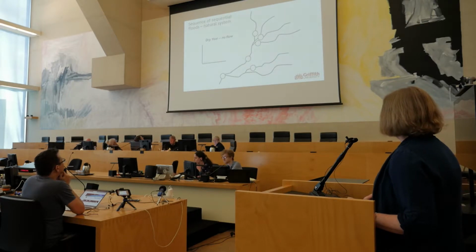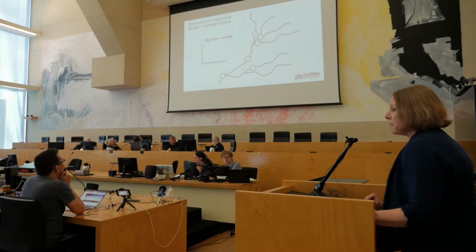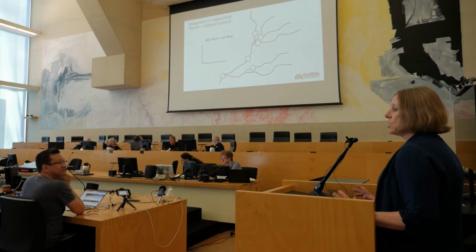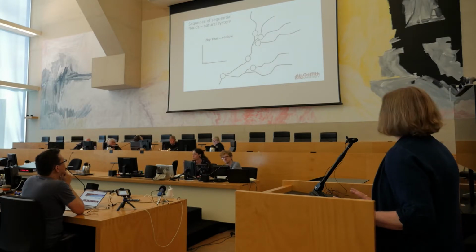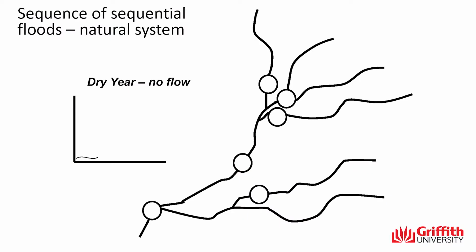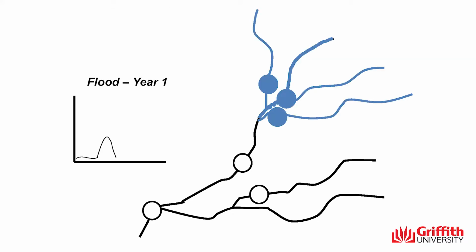And that's really important. So what I'm going to show you now is my really bad graphics of how those sequences of floods work through those ephemeral water bodies, which are acting like sponges. So if you've got a dry time throughout this system, no flow, and then you get a small flood coming through. Now, the first thing, most of the rainfall is driven from the upper catchment because it's where the monsoonal incursions come down. It's the headwaters, it's the higher part. It fills those first water bodies around Narran Lakes, the lower Condamine floodplain.